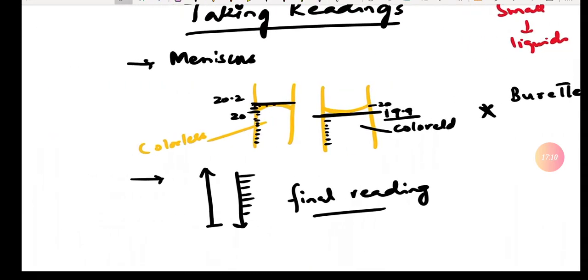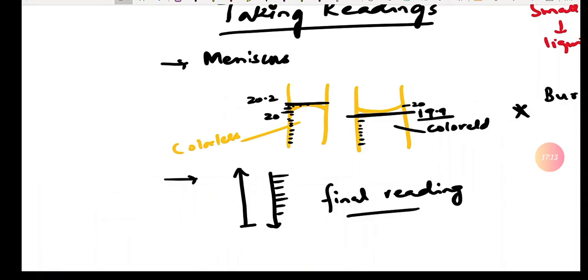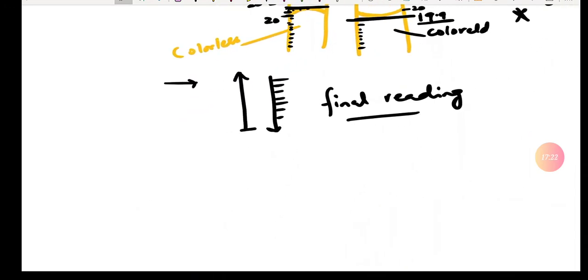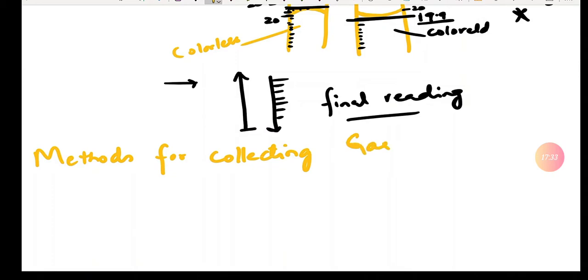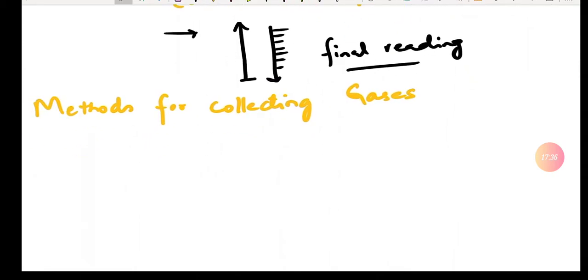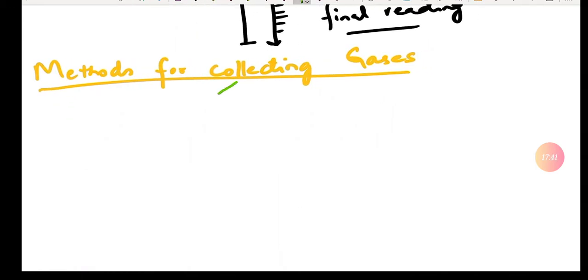So let's talk about now the next topic: methods for the collection of gases. There are different methods which are followed for collecting gases, but these methods actually depend on the nature of the gas. Nature of the gas in terms of two properties that we have to look for: density of a gas